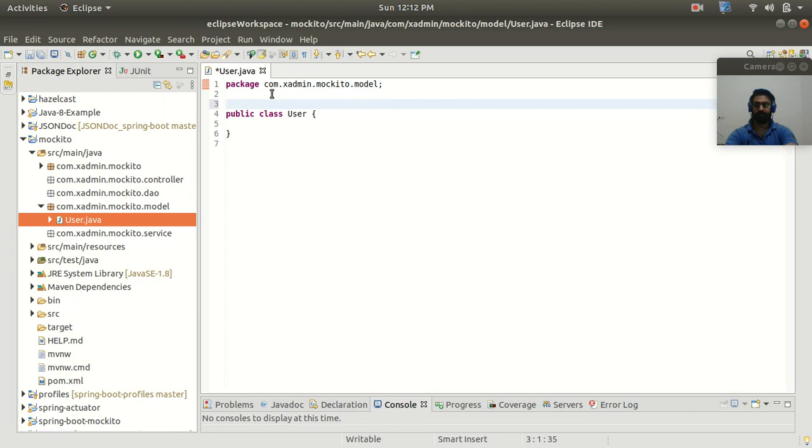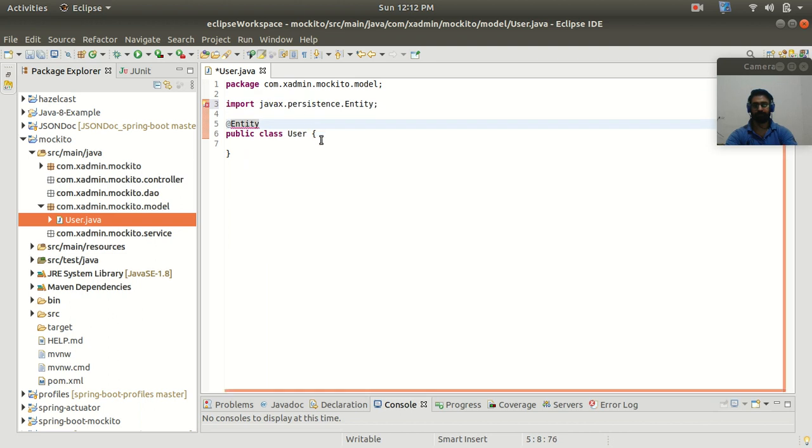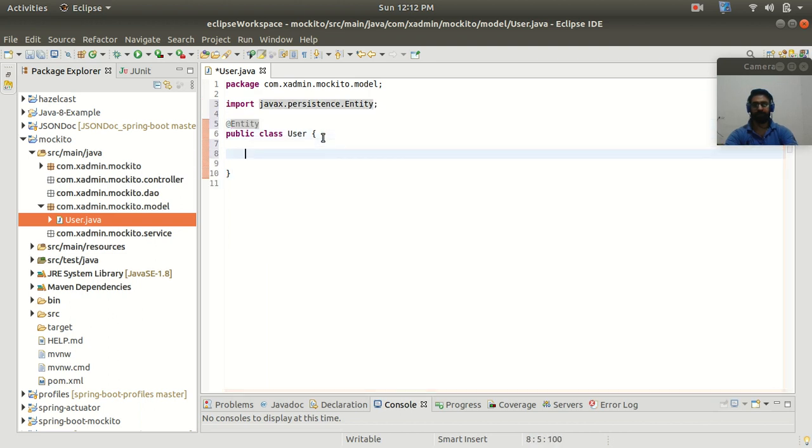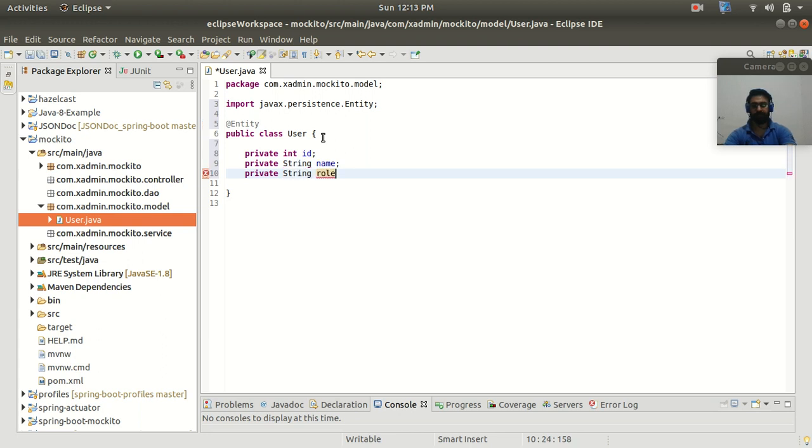So here I will annotate this with the entity annotation. And the user class has three attributes: ID, and the name of a string type, and the role is also of a string type.